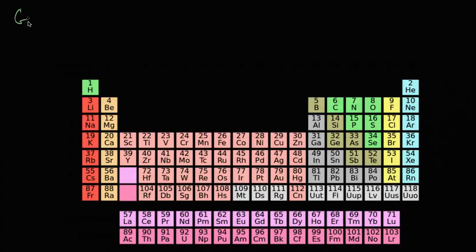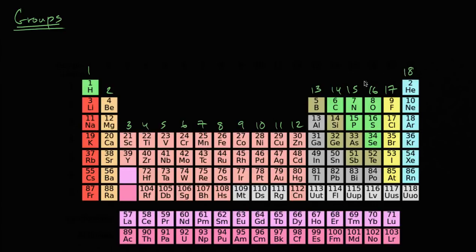So let's talk a little bit about groups of the periodic table. Now, a very simple way to think about groups is that they just are the columns of the periodic table. And a standard convention is to number them. This is the first column, so that's group 1. Second column, third group, fourth, fifth, sixth, seventh, eighth, group 9, group 10, 11, 12, 13, 14, 15, 16, 17,